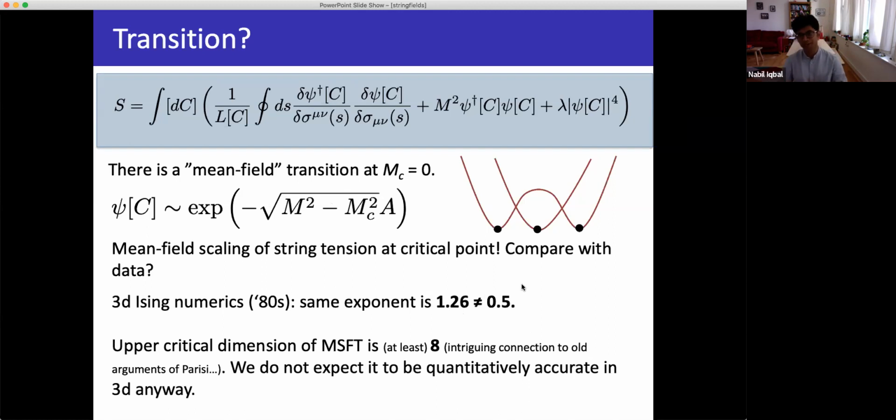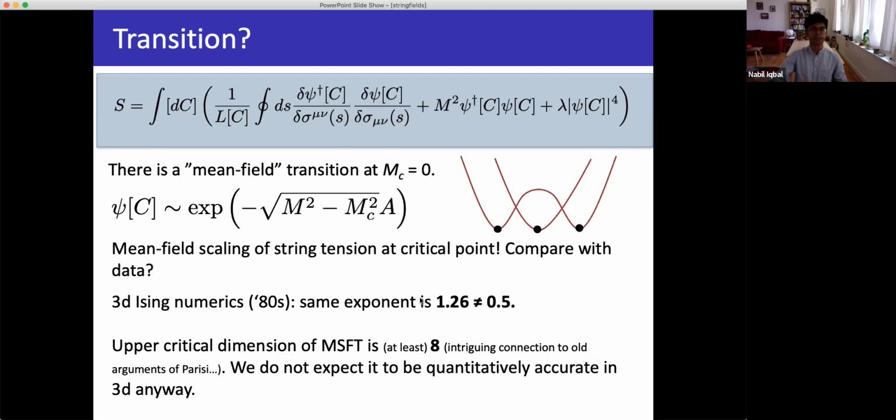Okay, that's fine, but what does that mean, really? What that means is, this is the description if you ignore all these interaction terms. In other words, if you have a sort of free string field theory, this tells you that the 3D Ising model is not well described by a free string theory. We might have expected that, to be honest. In fact, people have tried to solve the 3D Ising model using string theory, including me, and we find that it doesn't really work because the string theory is always strongly coupled. This is completely consistent with that fact.